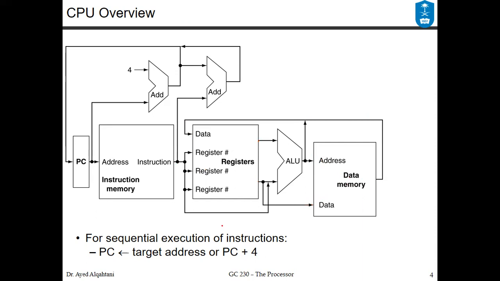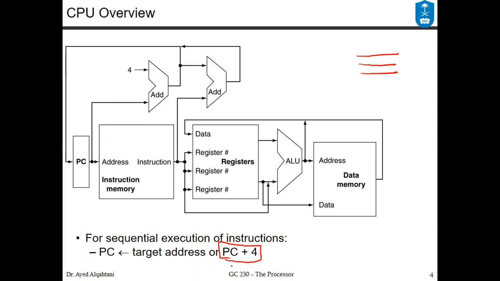The only piece that we didn't talk about yet is how to get the next instruction. So you know the execution in any assembly code, you go to the first instruction. Once you're done, you go to the next instruction, and then the next instruction. This is a sequential execution of instructions. And for the sequential execution of the instructions, you need the program counter to be updated by the value of the next instruction, by having the target address or PC plus 4,